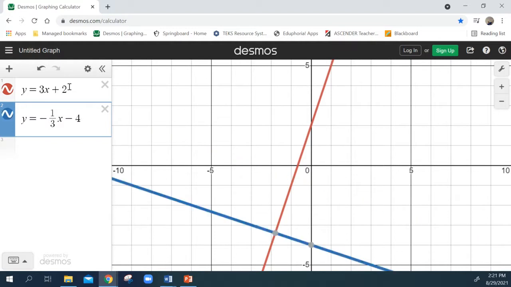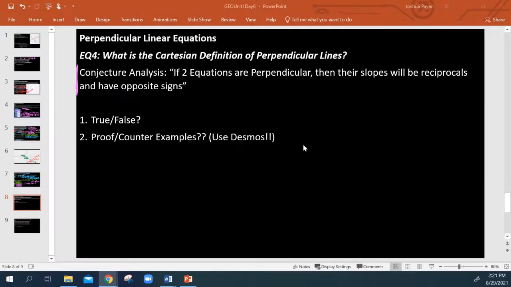We'll just say that. Okay, and we can see right here, I mean, that is a 90-degree angle. Okay, 100%. And you will easily be able to see that if you physically graph this out yourself on graph paper or on a graphing board. So this is absolutely true. And to answer EQ4, okay,